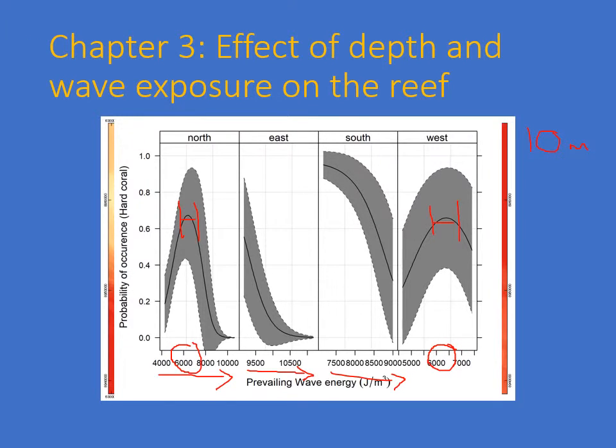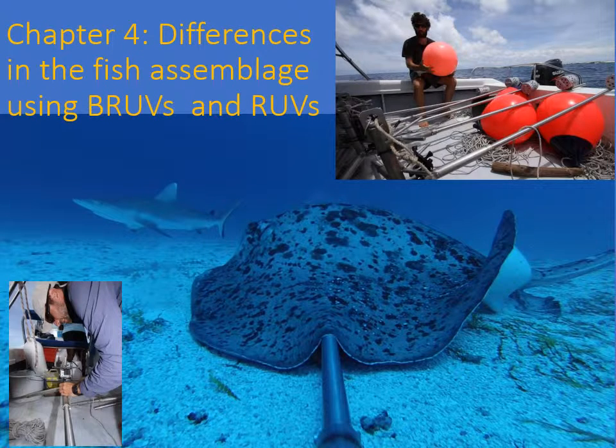Whereas on the more exposed sides, you can see as soon as the sampling sites were more exposed, the probability of occurrence of hard coral just dropped straight away. And we can use this to predict the probability that we'd find any kind of habitat around the atoll and indeed in nearby atolls. In the fourth chapter, we looked at the differences in the fish assemblage at Aldabra when